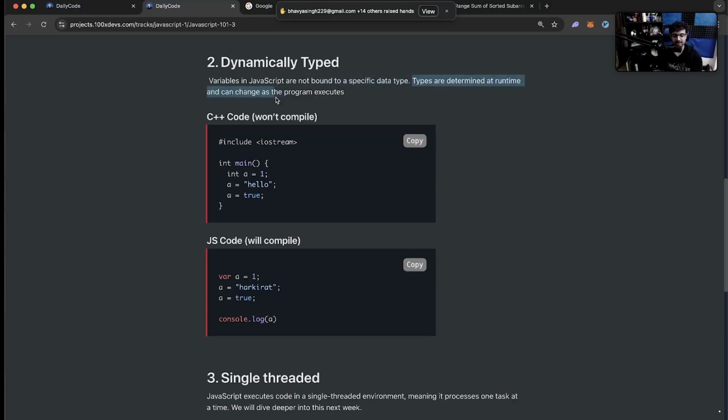Types are determined at runtime and can change as the program executes. A lot of jargon here. Basically, when you're writing C++ code, every variable, if you don't know what a variable is, we're coming to it in the next slide, but basically, whenever you're writing some code, whenever you're writing a website's backend, you store values